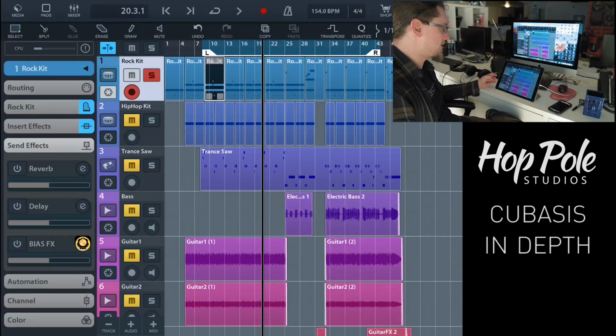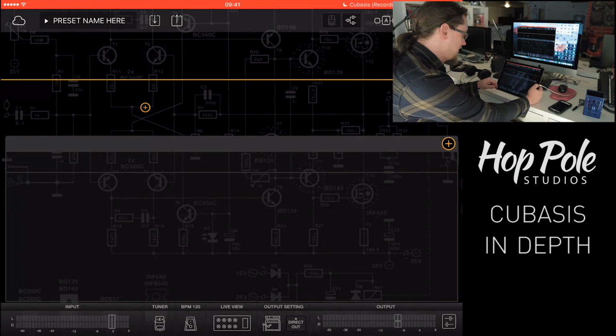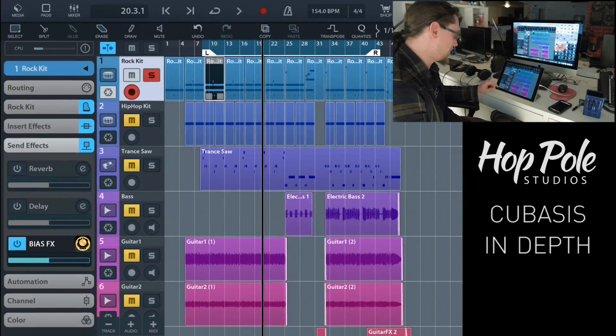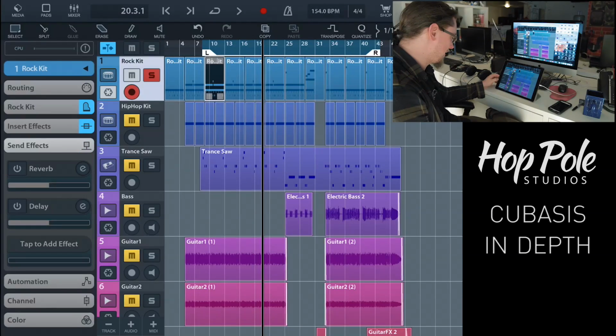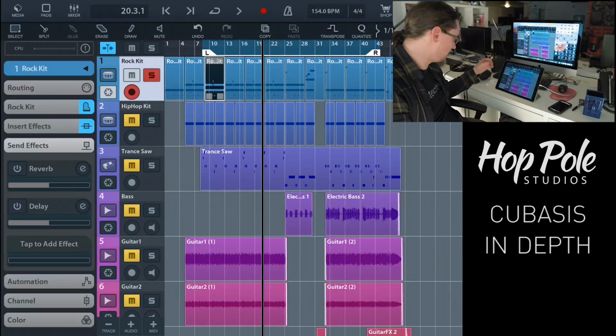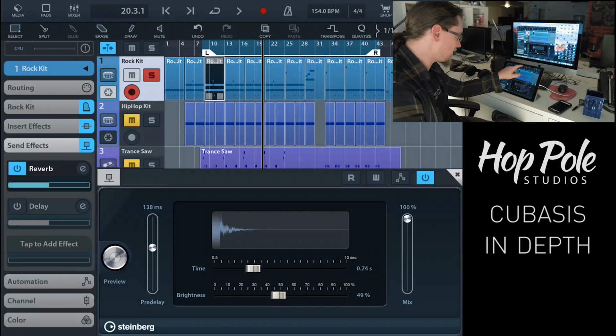Then there's send effects, and you can only have 3 send effects. So let's, I seem to have accidentally put bias effects in here as one of the 3 sends, and I can't find a way to get rid of it. Oh, let's just put it on. There we go. So there's the reverb, which if I absolutely crank the reverb so you can hear it,